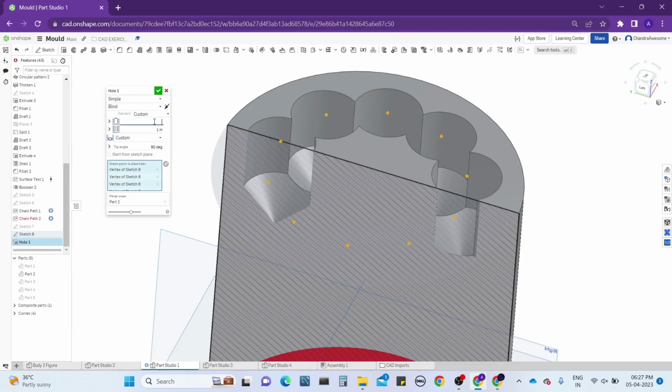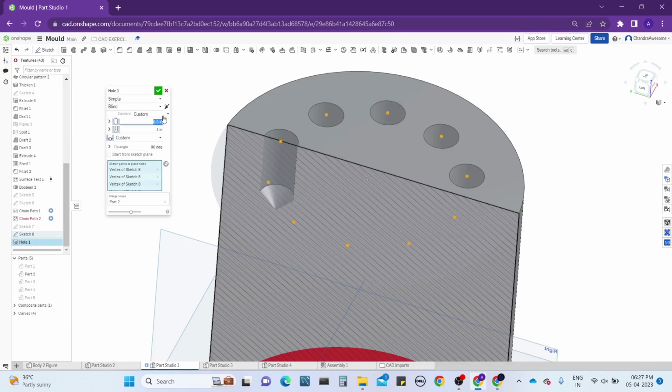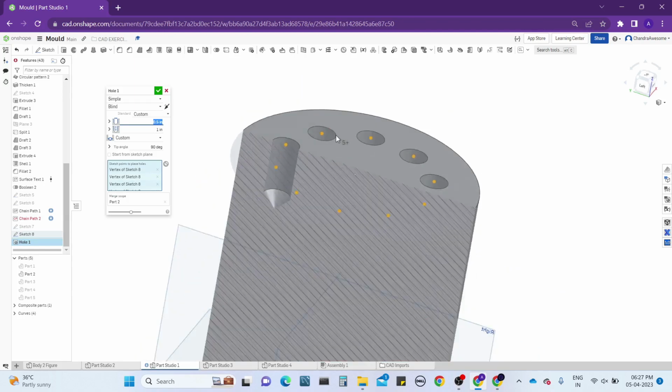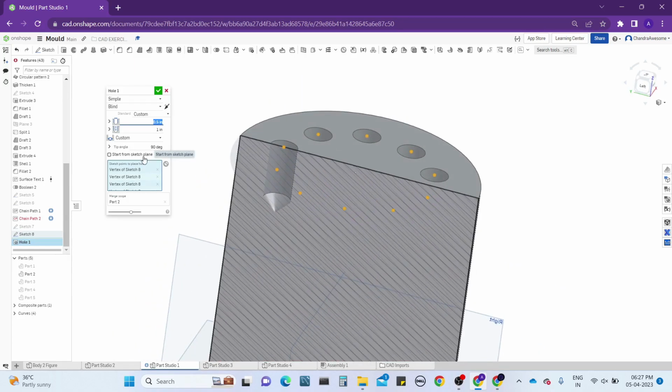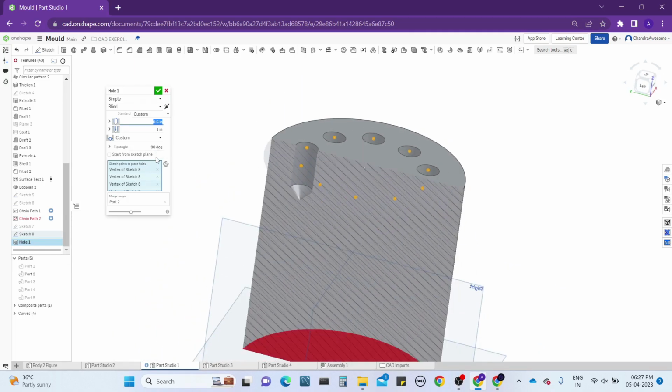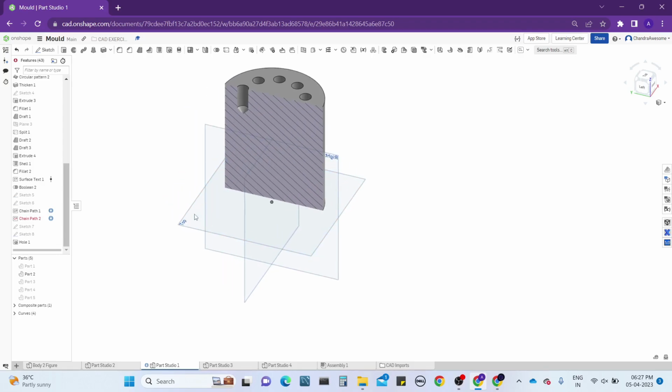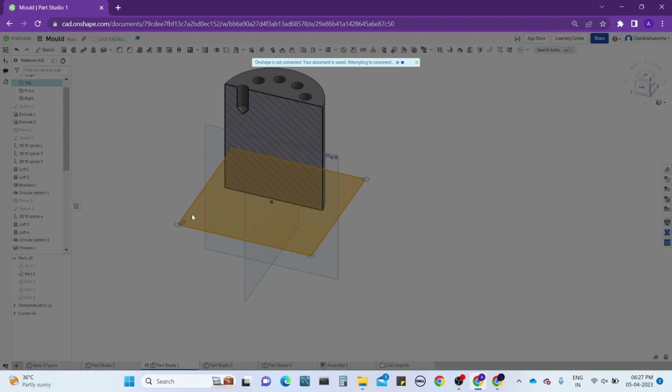And set that diameter to be 0.5. See, like this you can work with the hole tool. And we have another option called start from select plane. Start with select plane, guys. Let me show you how it works. Okay, let's close this and let's offset this plane